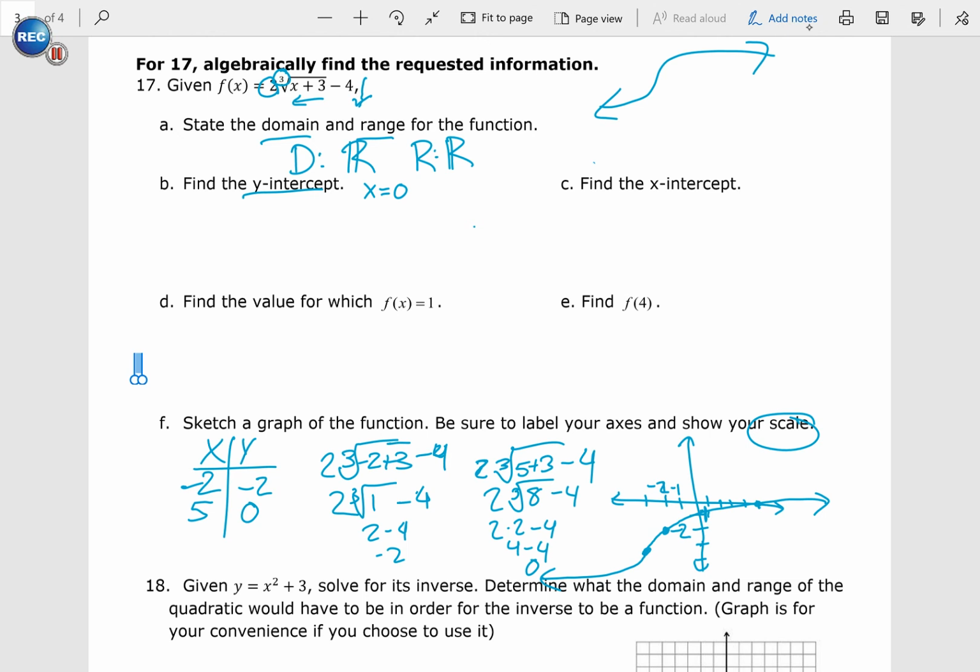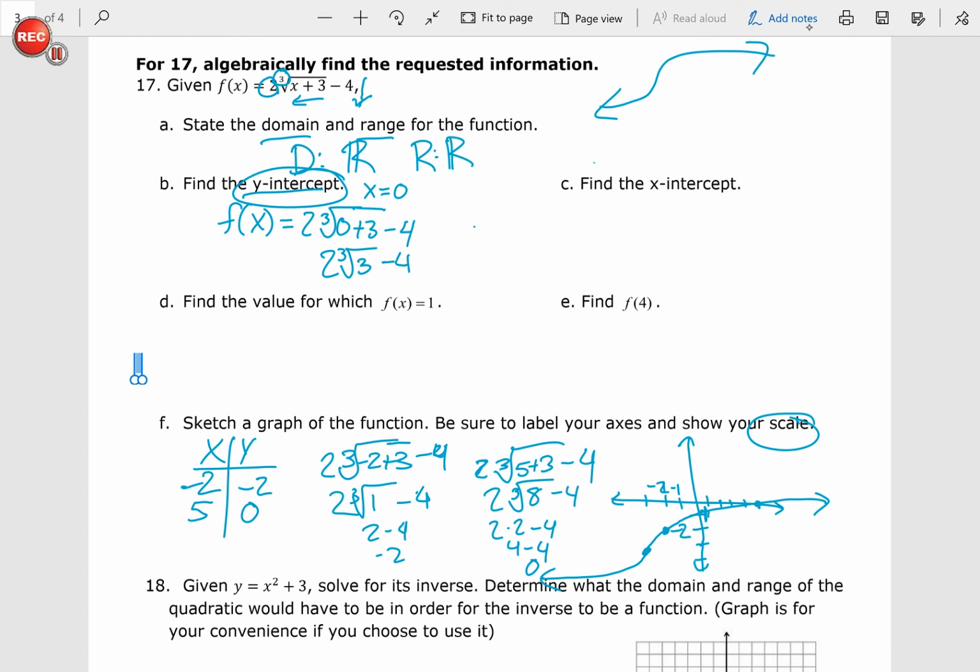If I know that x is 0, I can substitute that back in. This would just be f of x equals 2 times the cube root of 0 plus 3 minus 4. So this is going to end up being the cube root of 3 times 2 minus 4. Okay, now if it's asking for a y-intercept, we're not going to be able to graph this, so you actually need to find the decimal answer for the cube root of 3 times 2 minus 4, which simplifies down to,